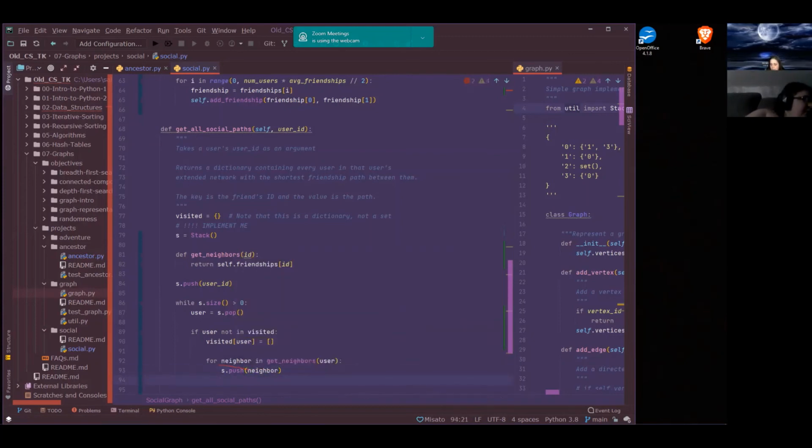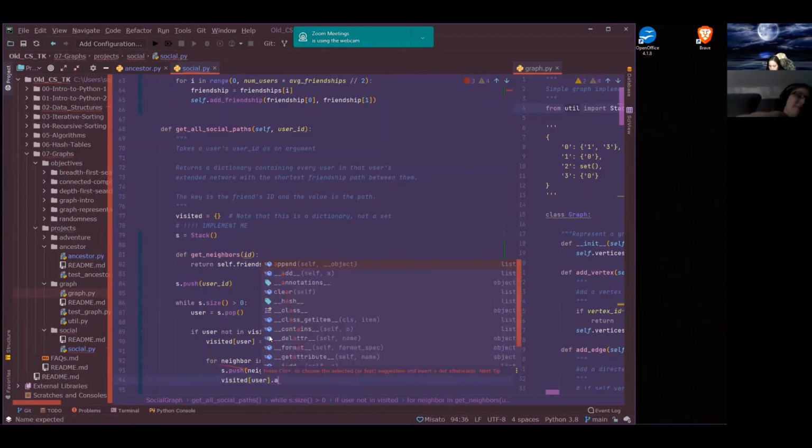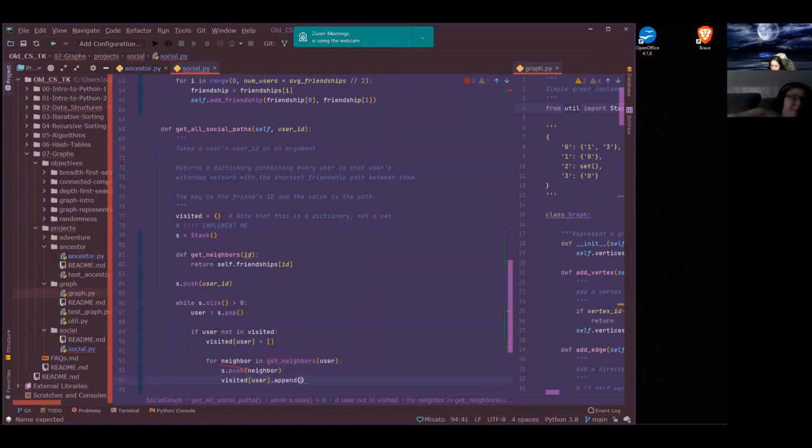And then we're going to add the value neighbor to the key of user. So visited user. And then to add it, it's dot append. We're doing append on this one. So we're adding it to the user and appending the